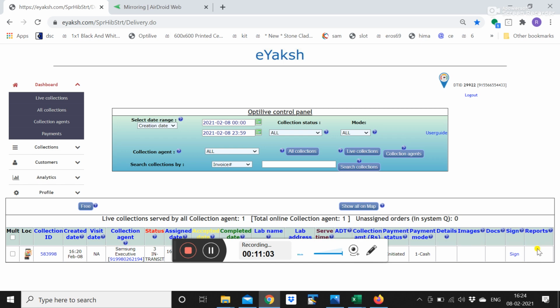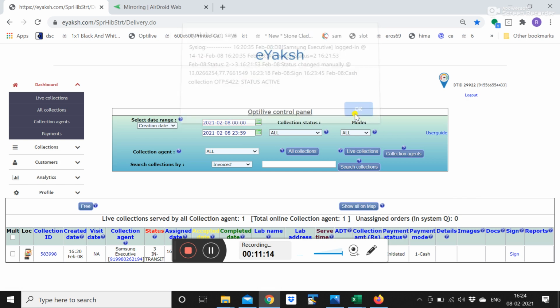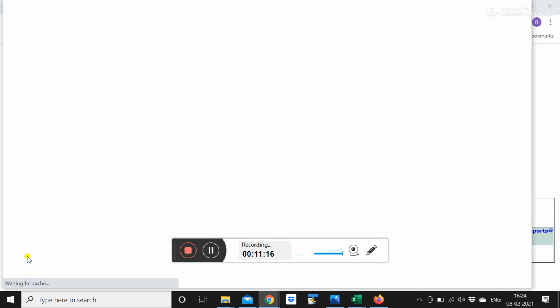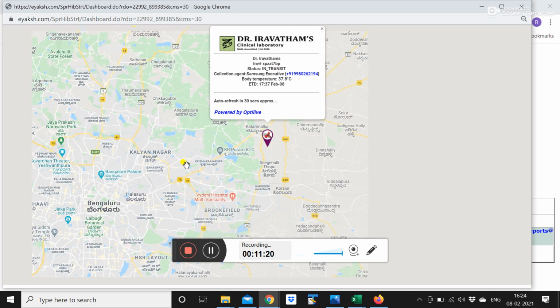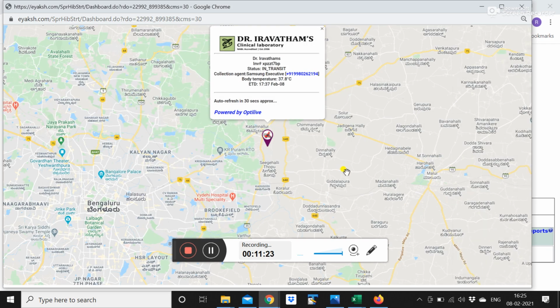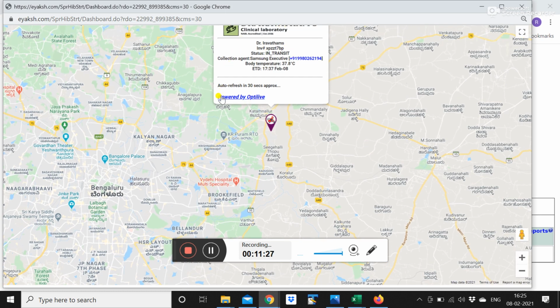There's something called reports. I'll just show you how that works. So all the information can be collected, and this is a backlink to show how the information would be shared with the customer. He'll get an SMS link. Once he opens the SMS link, he will see the actual location of the Flebo with an ETD, that is what time he is exactly going to reach the customer location.